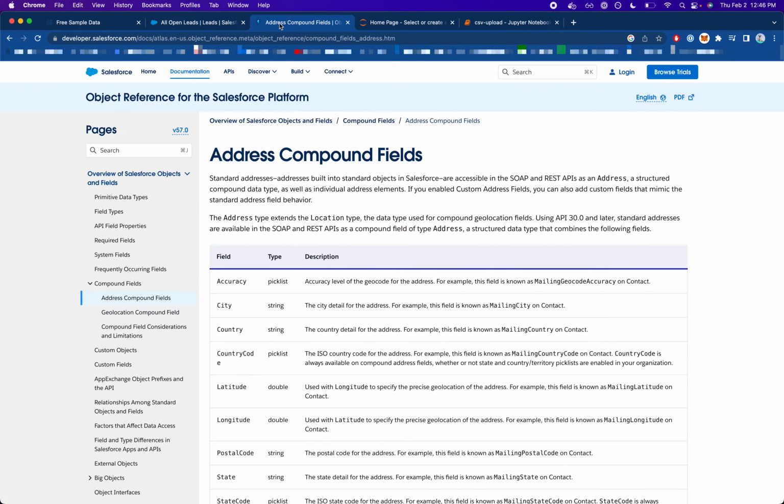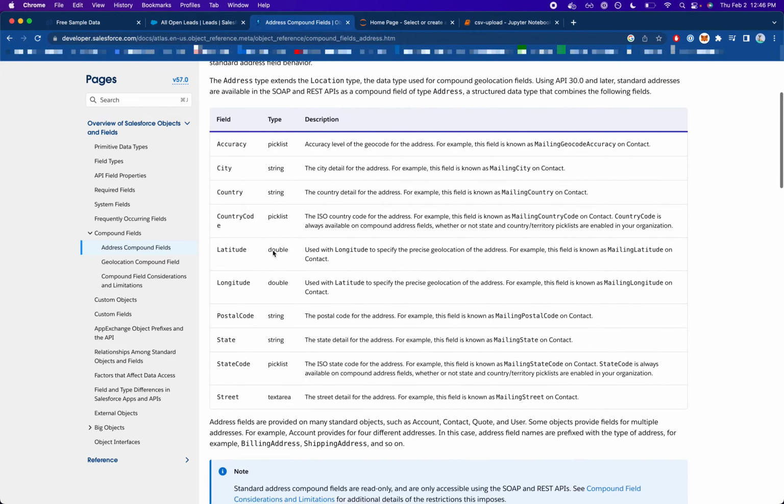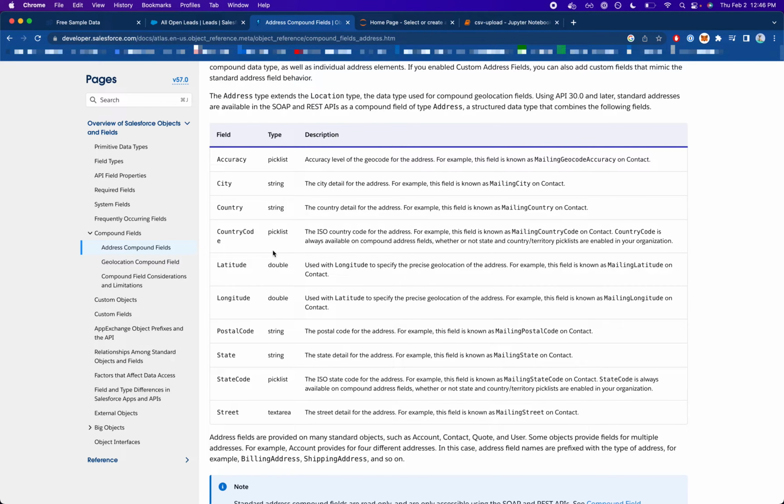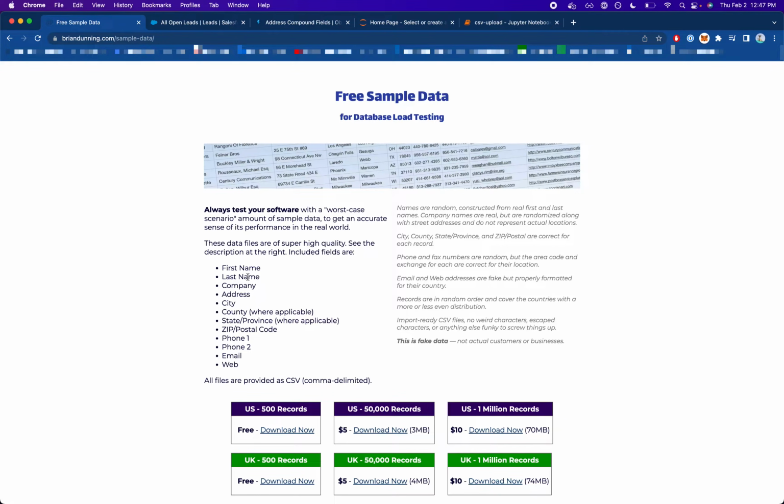A couple other things you want to be aware of is the way that some of the field names are displayed in Salesforce, or the API names. You'll need to make sure that you get these exactly correct. Some of the weird ones would be the address field or the phone field, the name field, etc. So I'm going to take you through